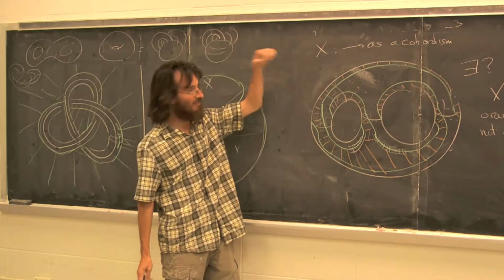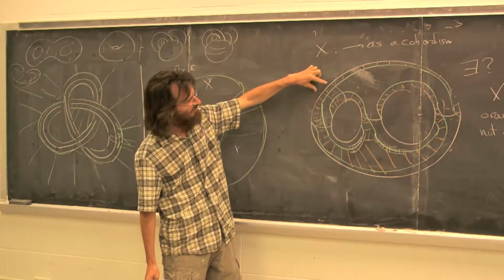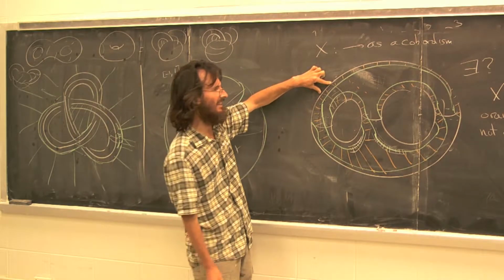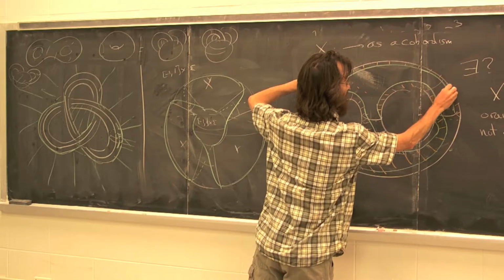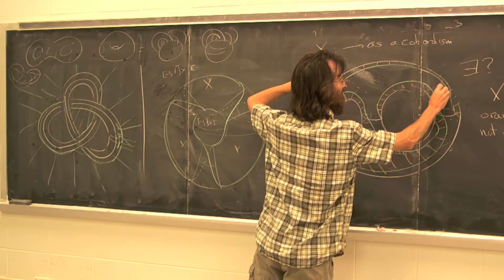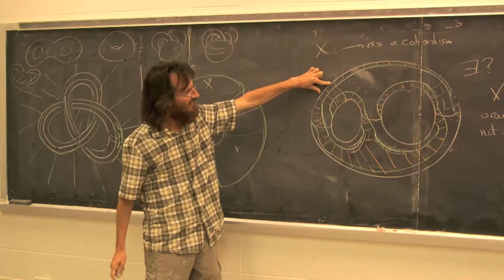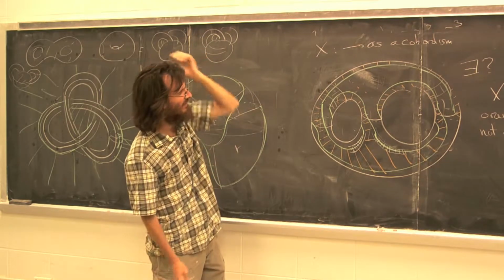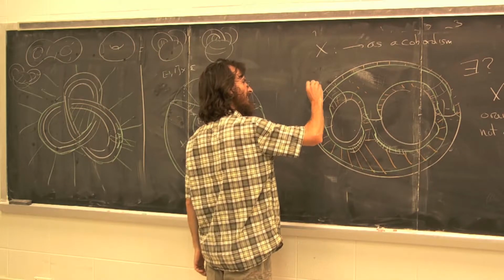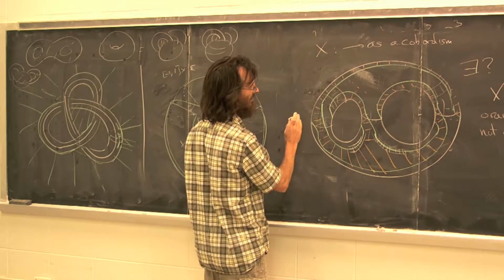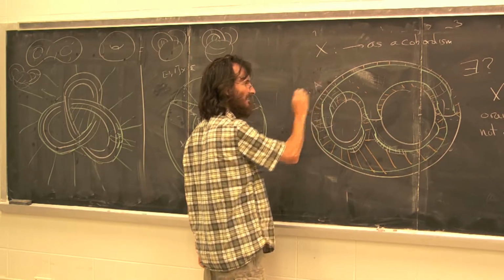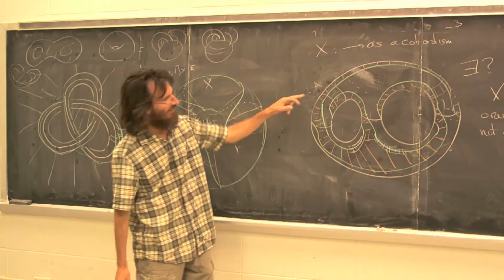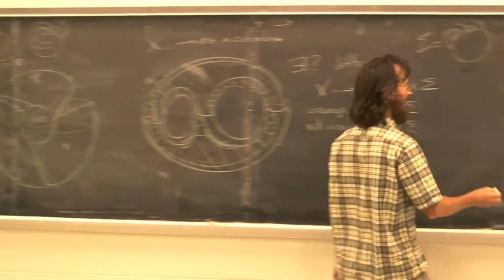If I take a thickened up disk here, let's say, and a thickened up disk here inside, right? Let's call this A for painless. And notice that if I just zero in on the annulus,